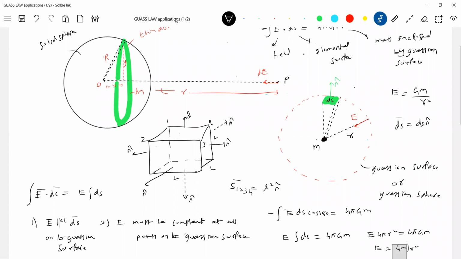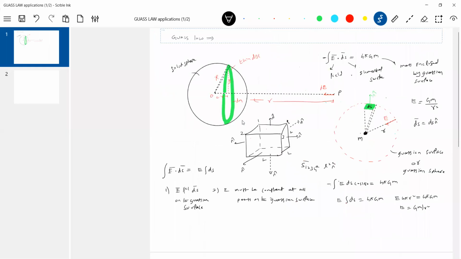No, sir, I didn't like this formula. If you don't follow these two conditions, then you'll not end up with the answer. Not ending up with the answer means, let's take that one.